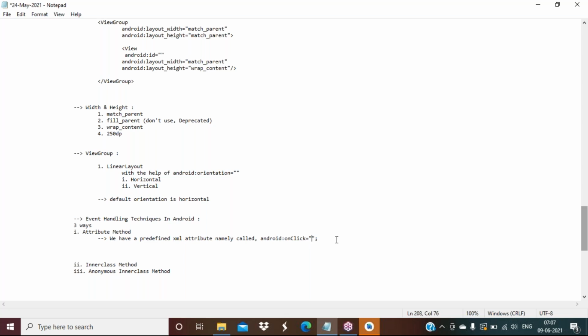So here you have to create a method in the backend. That method name you need to pass here. Basically a method name comes with braces, but in XML don't pass the braces, just the method name. With the method name, what you need to do is